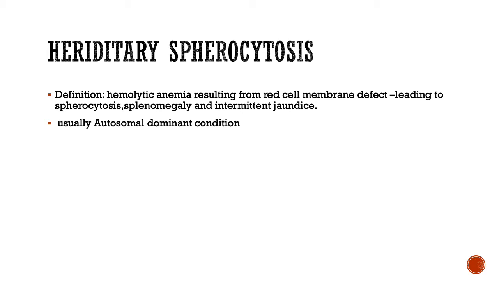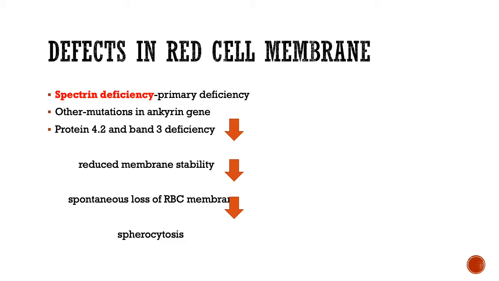So this is a hemolytic anemia resulting from a red cell membrane defect leading to spherocytosis, splenomegaly and intermittent jaundice. It's usually an autosomal dominant condition, which is seen in almost 65% of patients. So what kind of defect do you see in the RBC membrane? You can see a spectrin deficiency, you can see other mutations related to the ankyrin gene or protein 4.2, band 3 deficiency, which leads to reduced membrane stability of these RBCs, leading to spontaneous loss of the RBC membrane